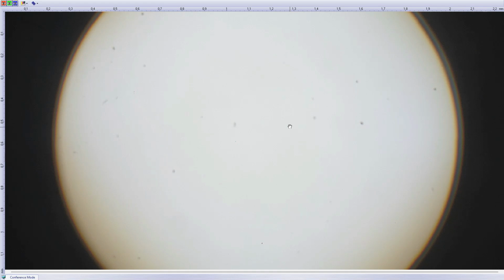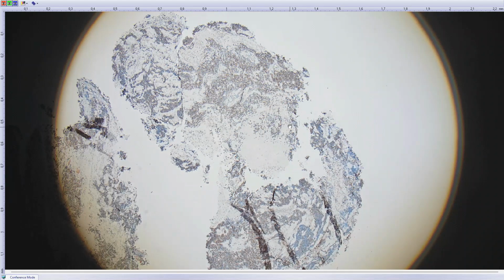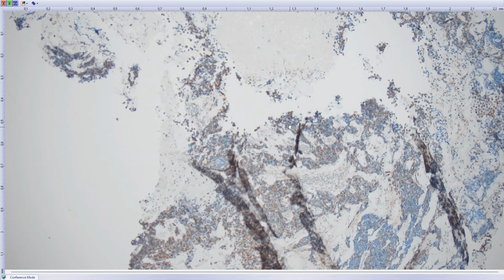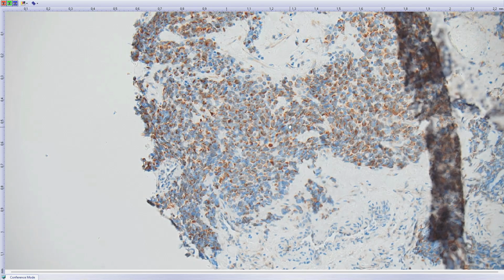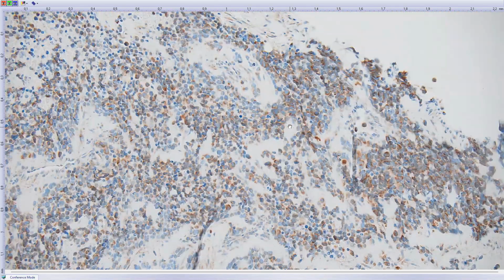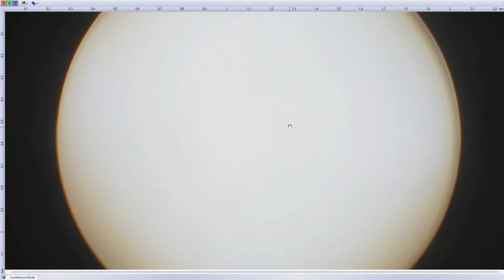Next thing I would do with this morphology, I did DUX4 immunostain, which, as we have also shown in our recent paper, is an extremely good marker for CIC-DUX4 sarcomas. Here is some positivity, but this is cytoplasmic, and the specific positivity is nuclear. So nuclei here are completely negative, only non-specific cytoplasmic staining. So this is most likely not CIC-DUX4 sarcoma. Of course, we did S100, SOX10, all other markers,